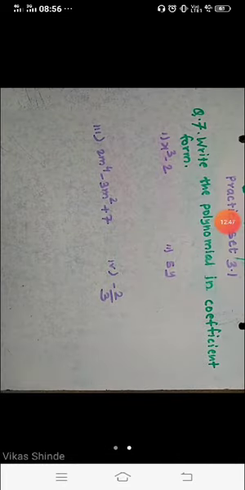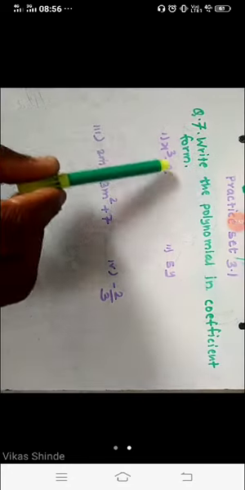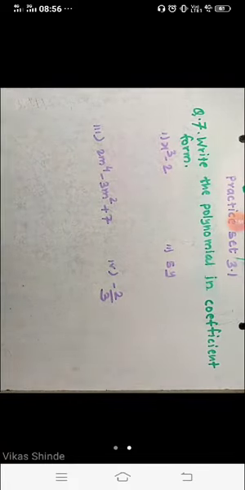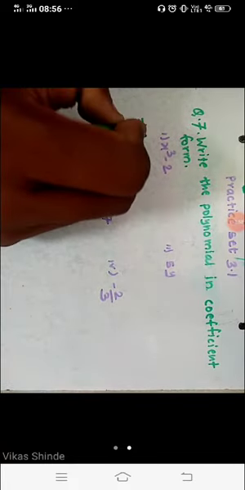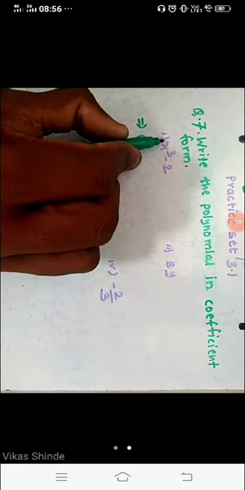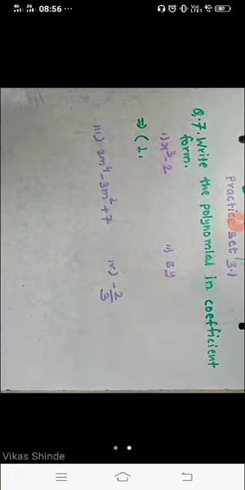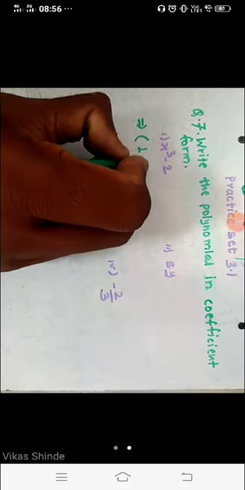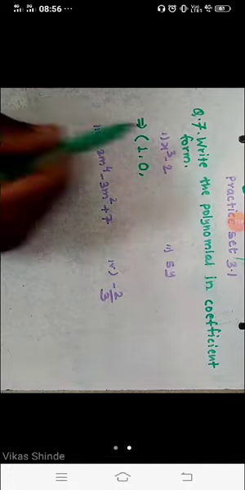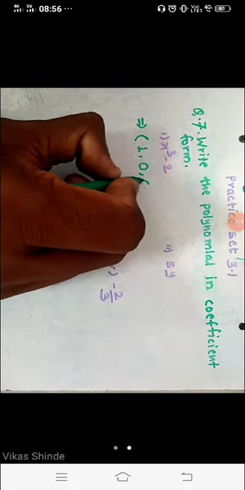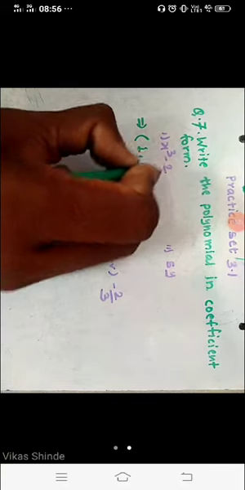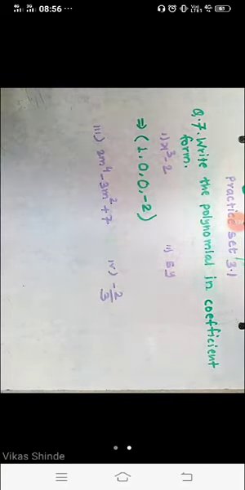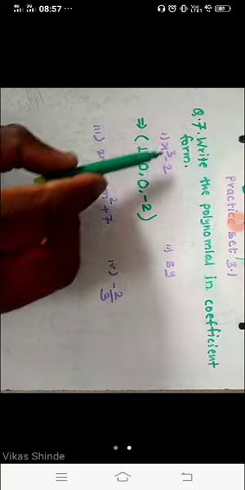Okay student, now see the next question here, question number 7. Write the polynomial in coefficient form. First one here, x cube minus 2 here. We have to write only in coefficient form, student. So first we have to write inside a bracket. Look here, here is nothing means one coefficient, right, here is 1. After that, be careful, we have to write the missing terms' coefficients also. This is third index. Second index is not given, student, so that's why take 0 coefficient here. First index is also not here, so right now here is once again 0. And then this is 0 index term. Right here, be careful, minus 2. This is the coefficient form of this polynomial.